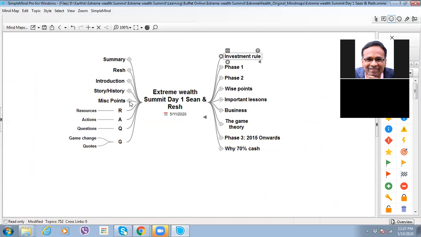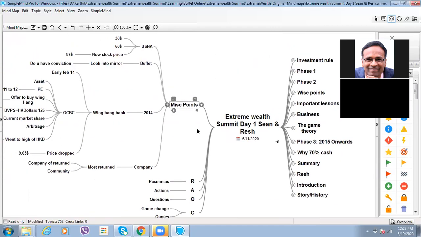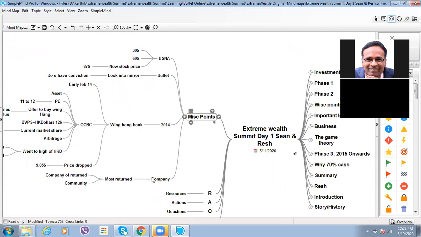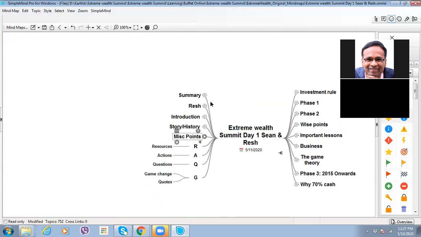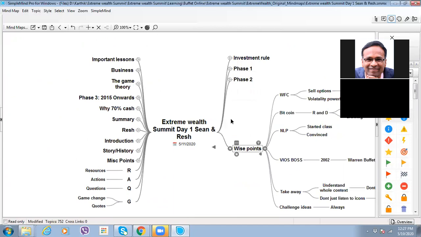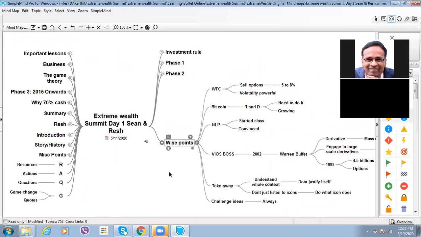You don't need a lot of things, because by looking at this you will be able to figure out what is important and what is not. Then keep only important things and take out the non-important ones. See, this one is specific to stocks. You don't need to look at it.